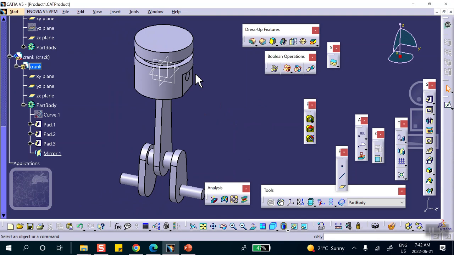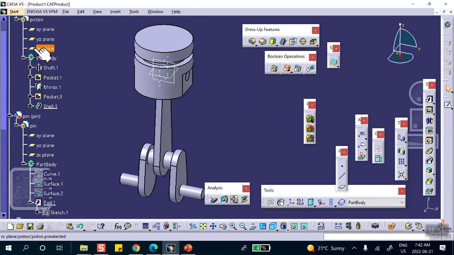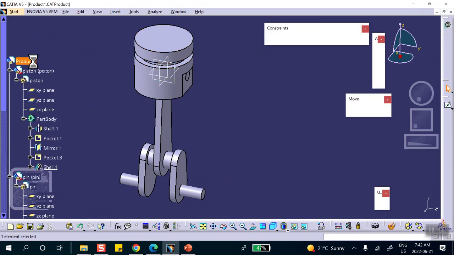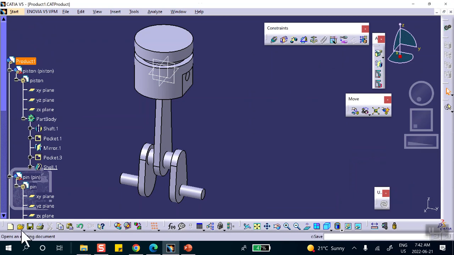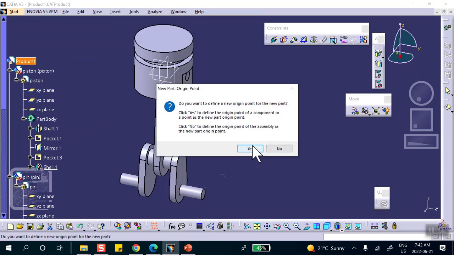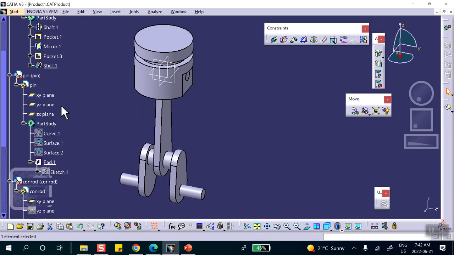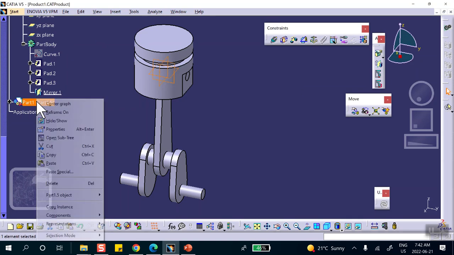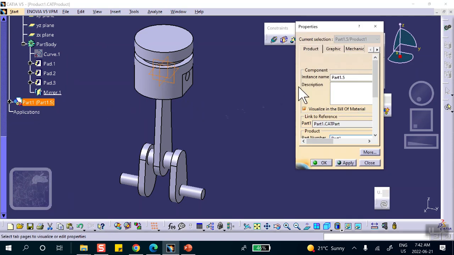And finally, I want to make actually the path or the base or the thing that this thing moves on. So let's go all the way on the top. Save everything. Insert the path. Insert, new part, or the cylinder if you want. This is the piston. Let's call it cylinder. How about that? Right click, properties, cylinder,